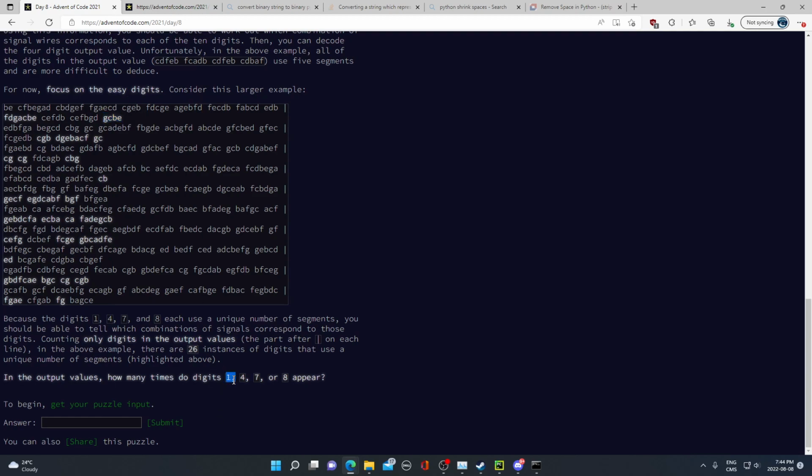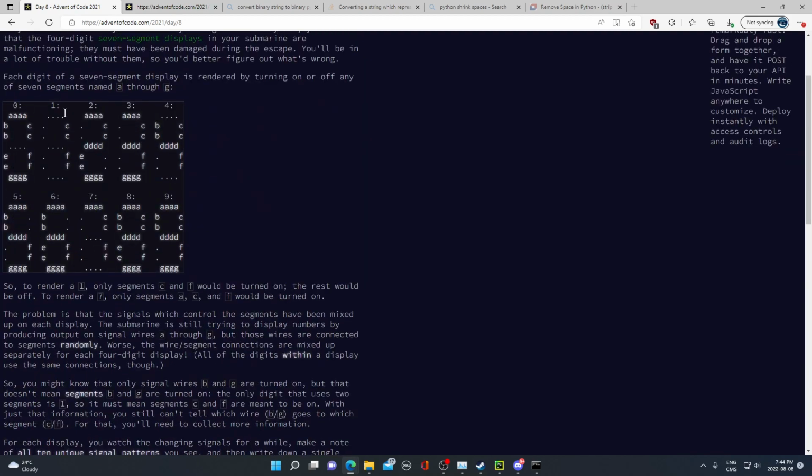And they have unique segment lengths. For example, 1 is the only one with a length of 2. 4 is the only one with a length of 4. 7 is the only one with a length of 3. And 8 is the only one with a length of